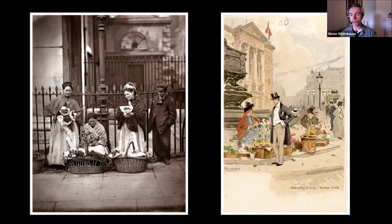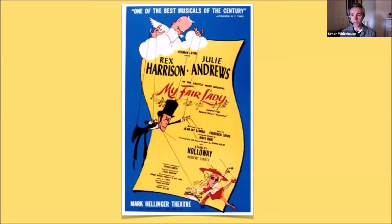He can turn this Cockney gutter snipe into a duchess in 6 months just by changing the way that she speaks. And of course, Pygmalion was very popular, and it was turned much more famously into a stage musical in the 1950s, starring Rex Harrison and Julie Andrews. It opened on Broadway